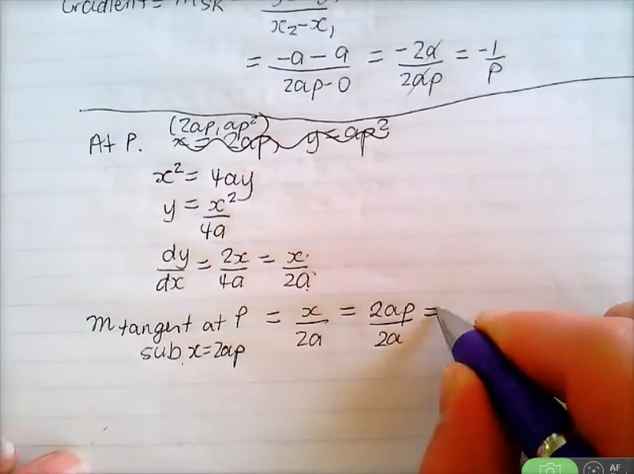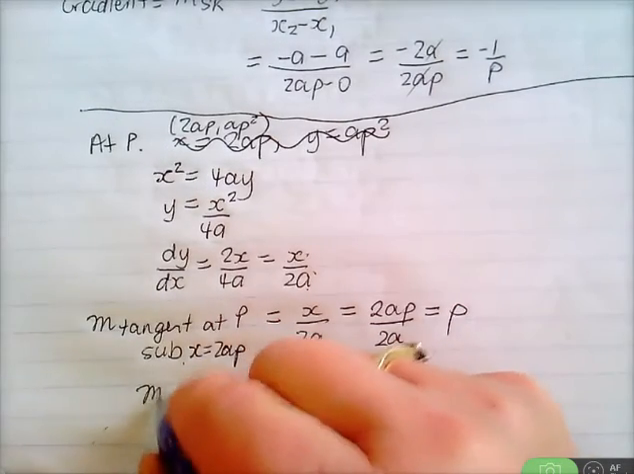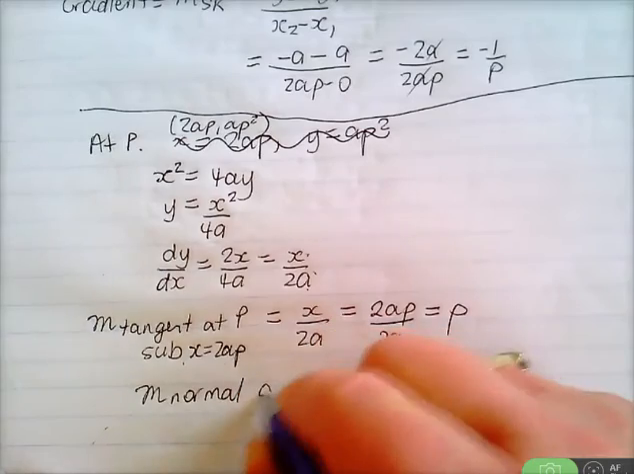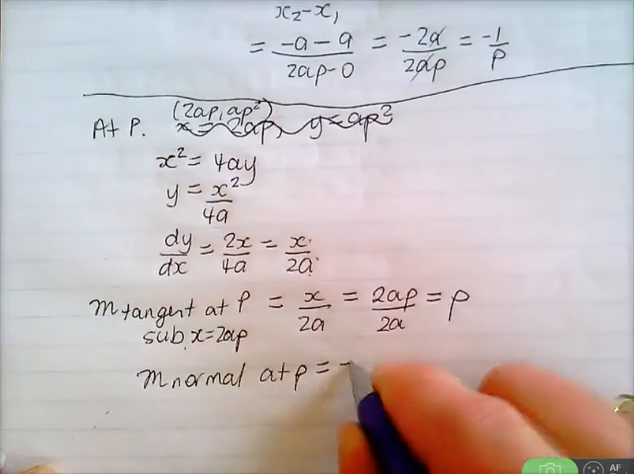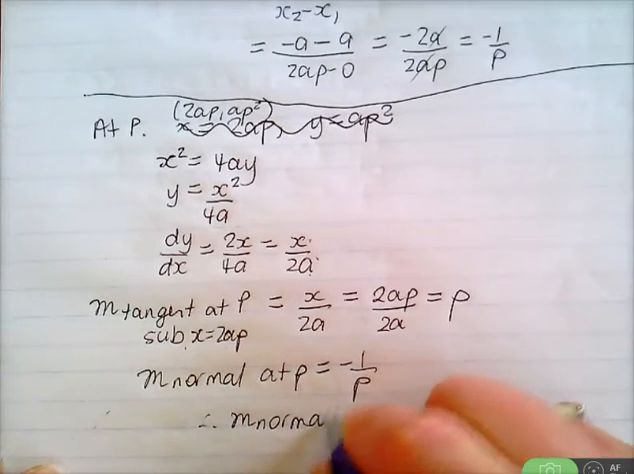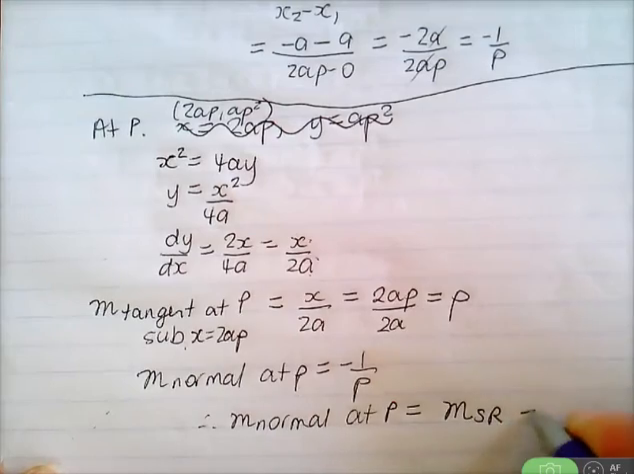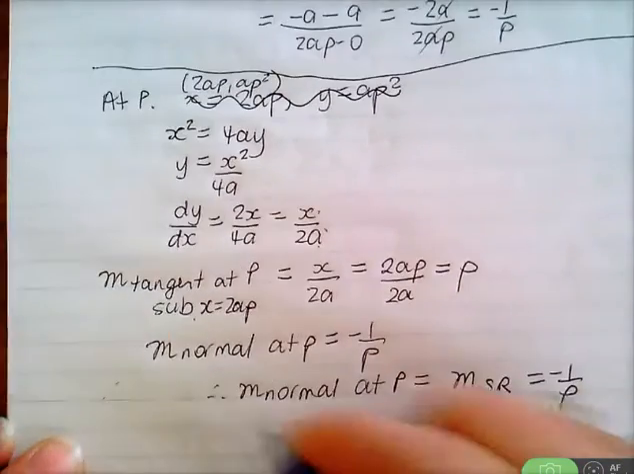and what do you get? Now, we know that already because you've done it a few times. You know the gradient of the tangent at P is P, so therefore the gradient of the normal at P is -1 on P. So therefore, the gradient of the normal at P equals the gradient of SR, which is equal to -1 on P. So therefore,